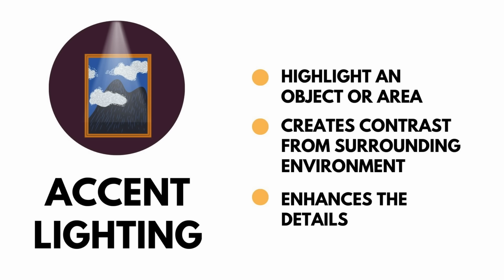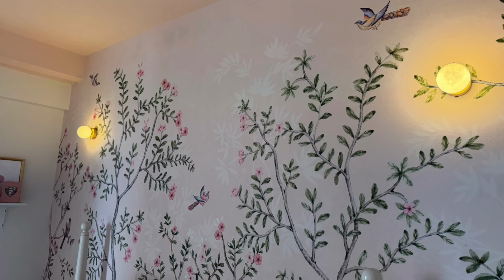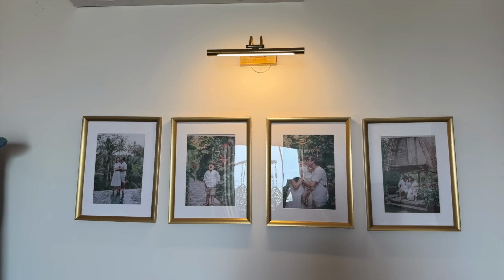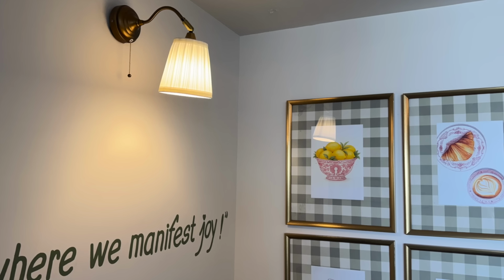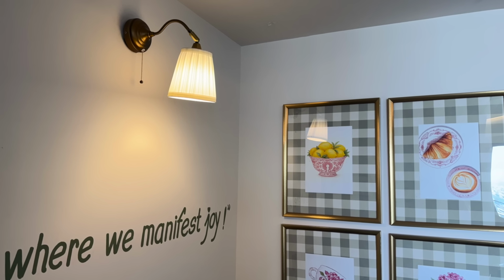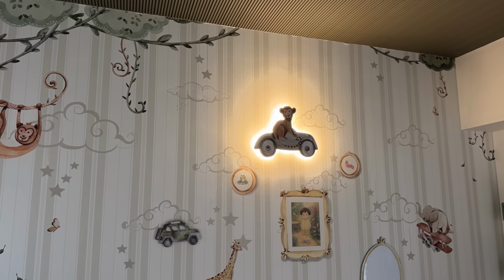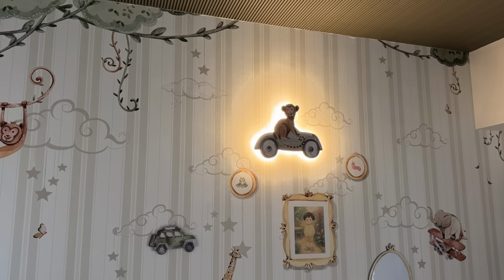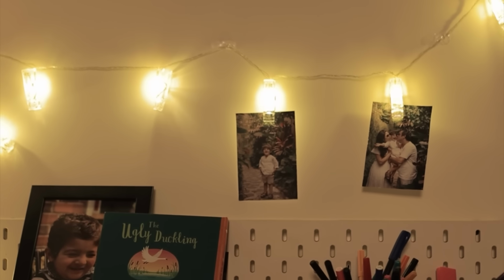So in my house, what I've done is I have this picture light which highlights the artwork on the wall. Then I have these two wall lamps. Now these are all existing points to highlight the wallpaper. Then I have another picture light in my bedroom to highlight the artwork. And then I have this lamp in my dining space which highlights the coat beneath. And again, these are already the points that were already there. Then I have this really cute lamp in my son's bedroom, again as an accent piece. And then you can always add battery operated and plug lights for different purposes to accentuate the space.